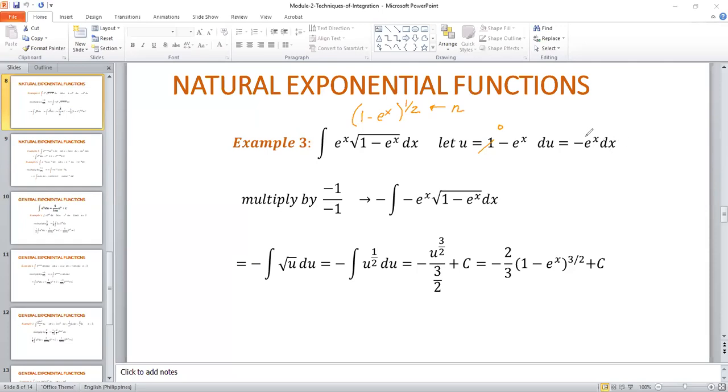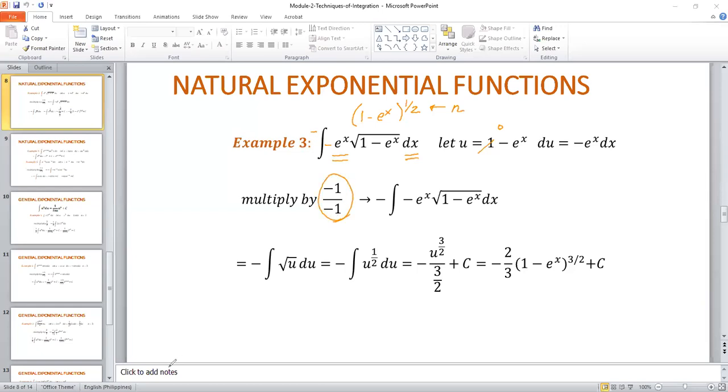Whatever is the u here, in this case, it's x, so the derivative of that is dx. So the derivative of negative e raised to x is negative e raised to x dx. Okay, so this is the derivative. You could see that you already have here the e raised to x and the dx. You only need to affix the negative sign. So you place the negative sign here and you place a negative sign outside, requiring you to multiply by -1